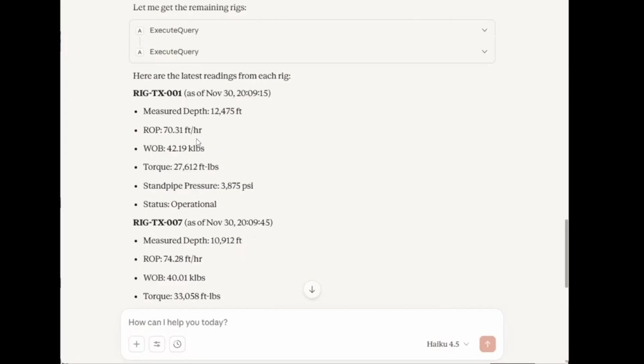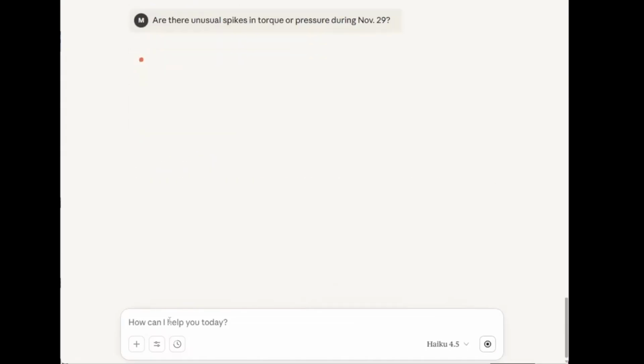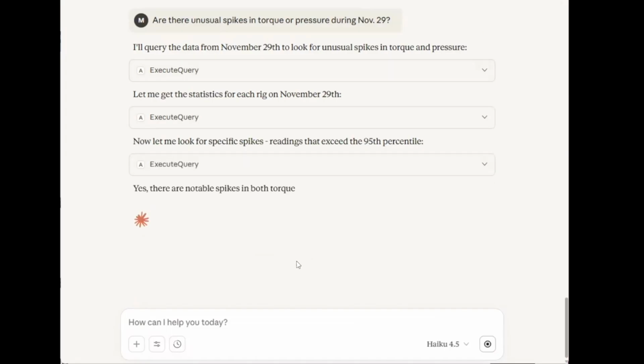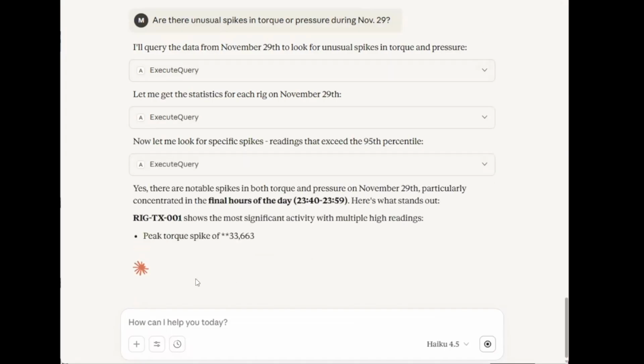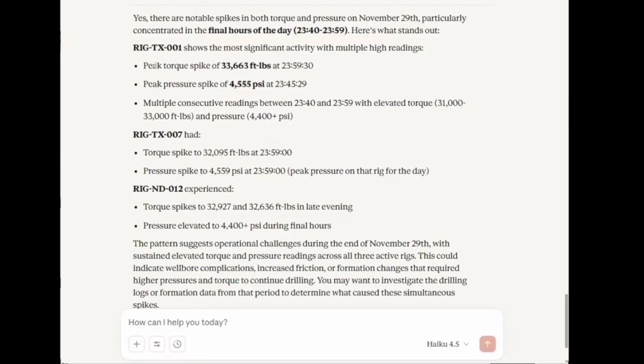We can also ask what the latest reading is on each rig. And we can see here that we pulled the latest readings of each oil rig. Another question I can ask is, are there any unusual spikes in torque or pressure during November 29th? And we can see here that Claude is telling me that there are unusual spikes on rig 1 and 7